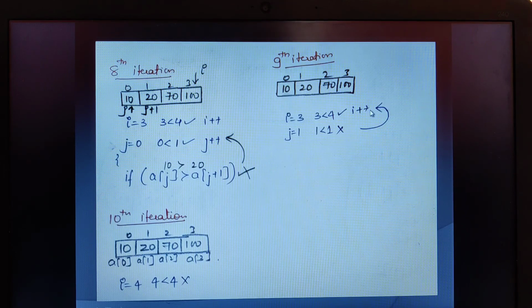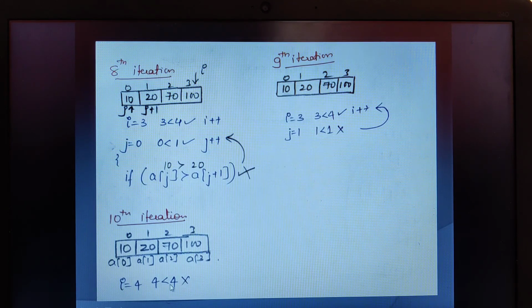I gets incremented. When I gets incremented, I will start taking the value 4, because previously I was pointing to the second location. Since it is getting incremented, I will hold the value 4 as per the given condition. I is equal to 4. As per here, 4 is less than 4 because n value is 4, isn't it?